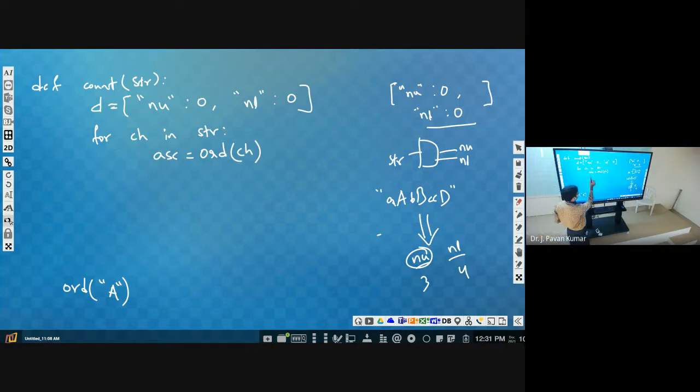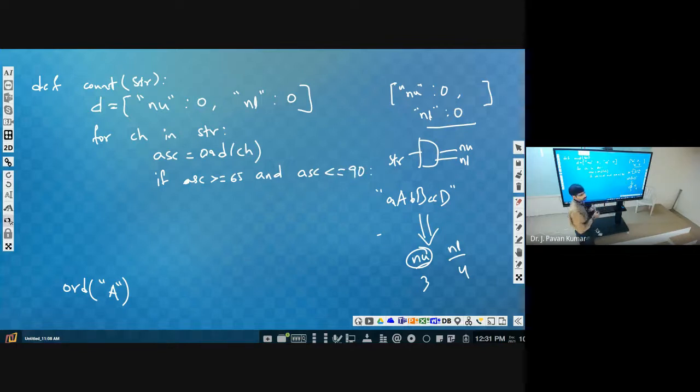Now we have to check whether it is in between 65 to 90, then we can say it is uppercase. So the ASCII value is greater than or equal to 65 and the ASCII value is less than or equal to 90.